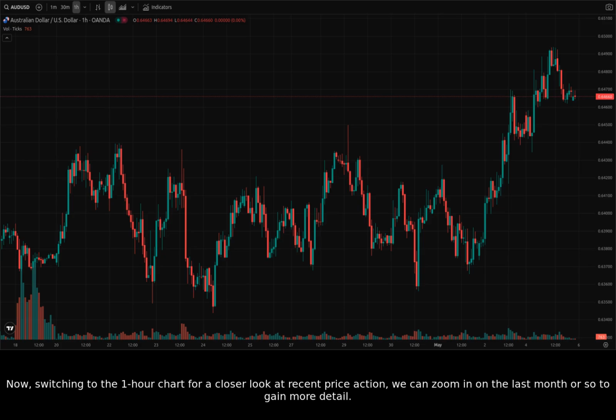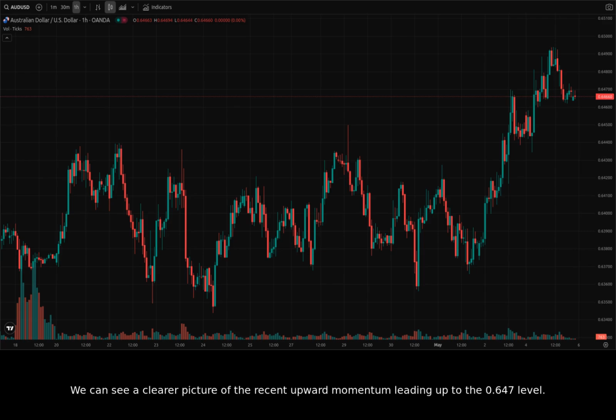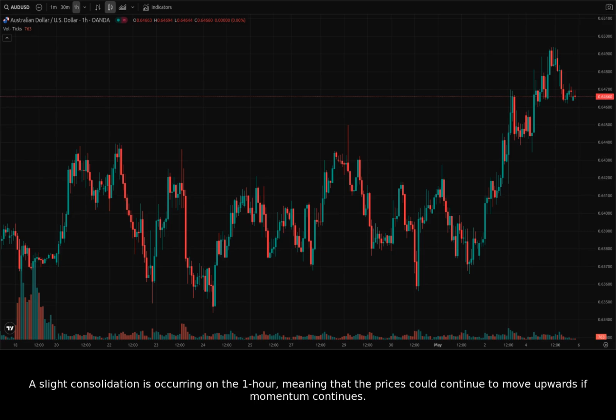Now, switching to the 1-hour chart for a closer look at recent price action, we can zoom in on the last month or so to gain more detail. We can see a clearer picture of the recent upward momentum leading up to the 0.647 level. On the 1-hour chart, we see the price is near the top of the recent rally, as opposed to the daily chart. A slight consolidation is occurring on the 1-hour, meaning that the prices could continue to move upwards if